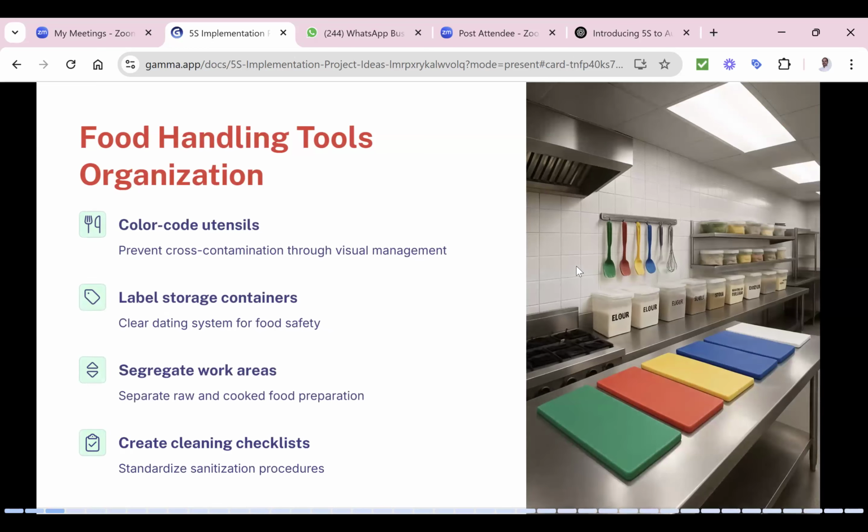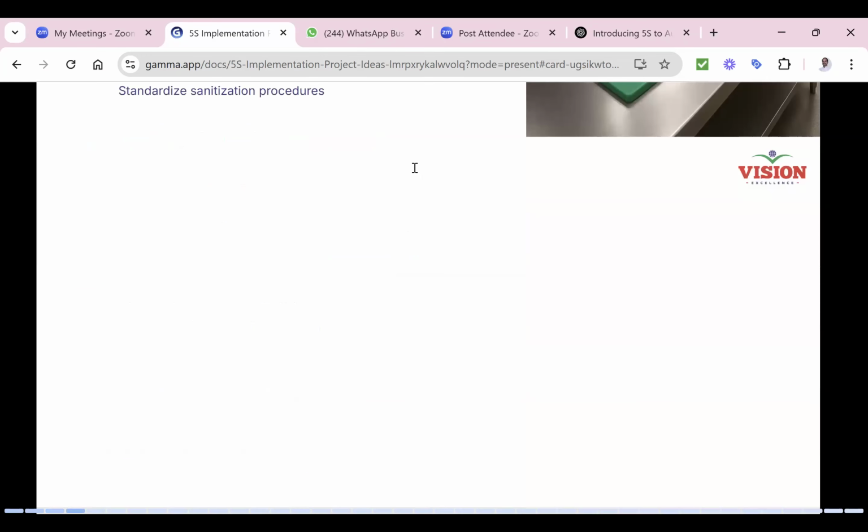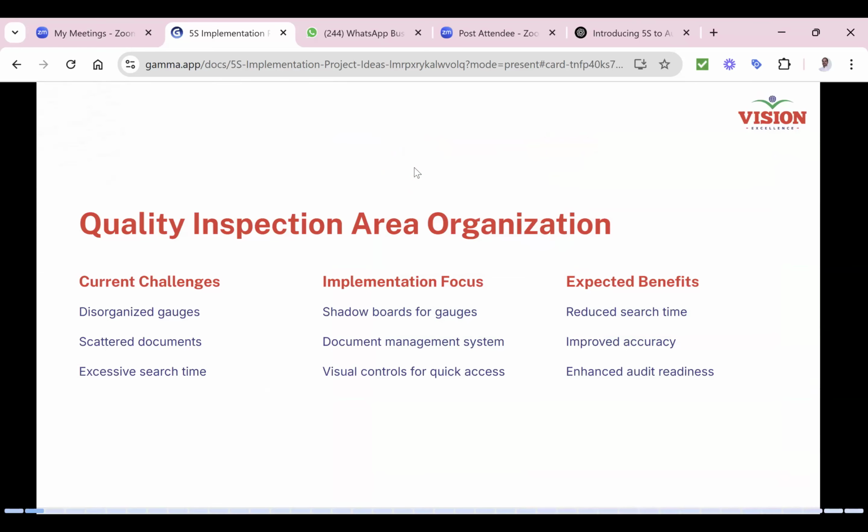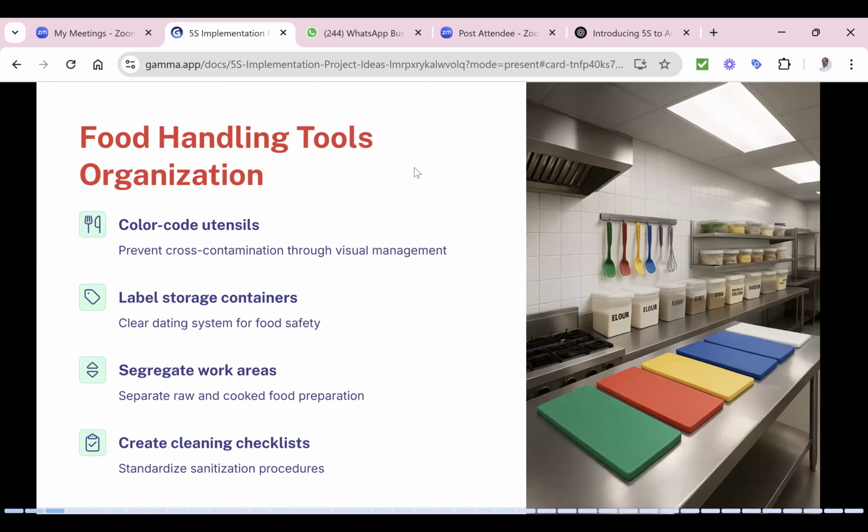So what is this? 5S was implemented in a food handling tools organization, isn't it? Yes. Color coding is used for the utensils and labels, storage and work areas are properly segregated, and a checklist is being used. These are all certain ways you can implement 5S in your